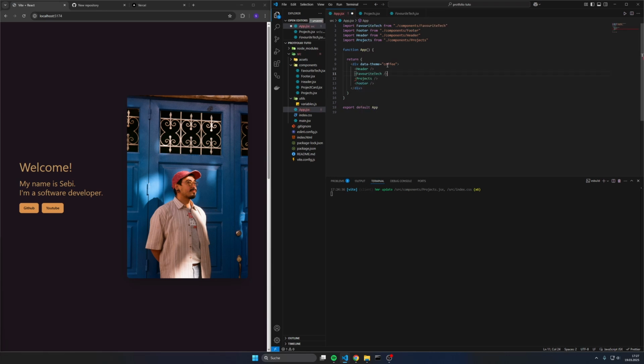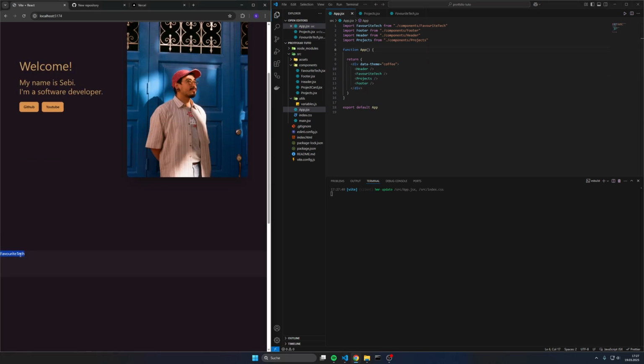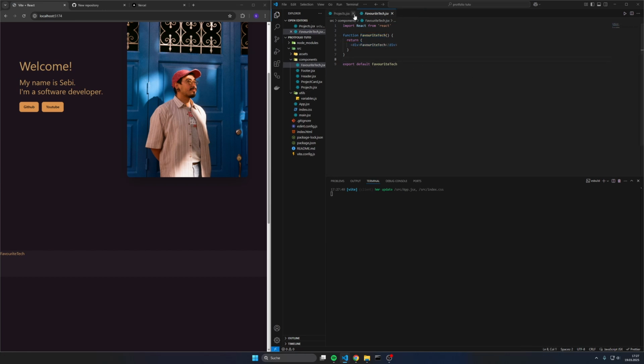Favorite tag. And now you can see there's our favorite tag text which we have inside of the favorite tag component. Then after this